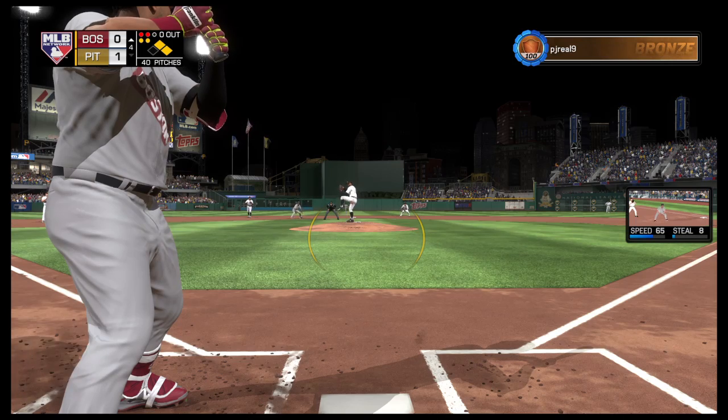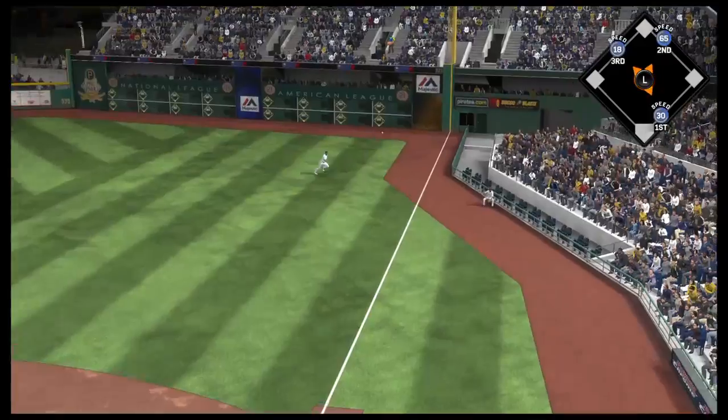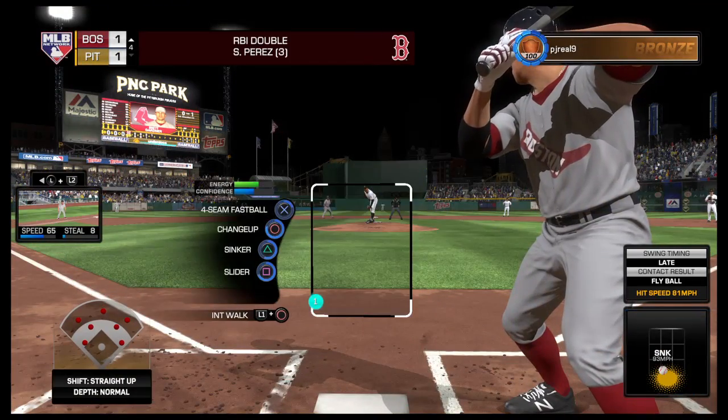Well, I like the pitch idea. It looked like he tried to get into chase right there, make him think that ball's over the plate and it runs away, but he laid off it. I don't know how, but he did. And this will get over the wall, in fact, so just the 1 run will be allowed to